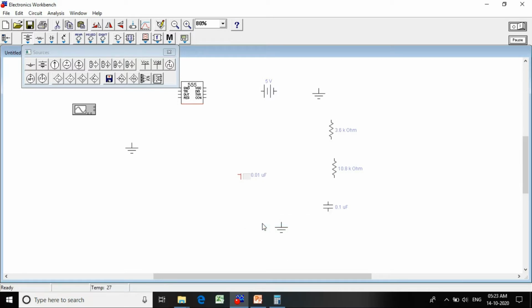Now we will do the actual connections by using these components. So VCC is connected to plus 5 volt. Then the other end of the battery will be grounded.